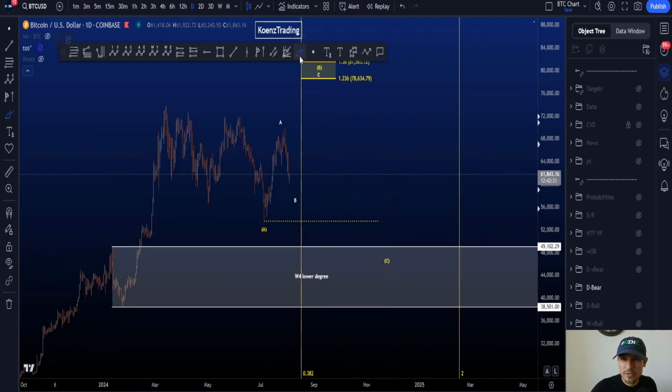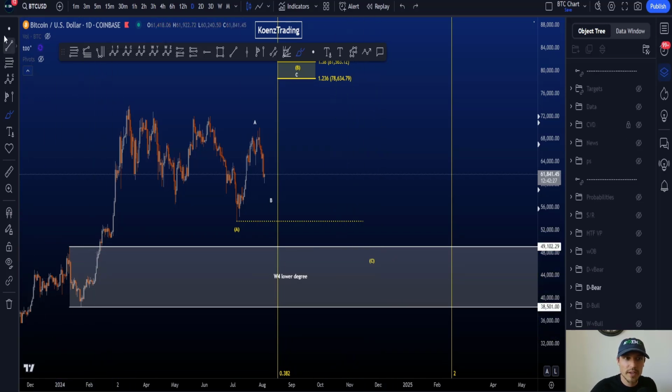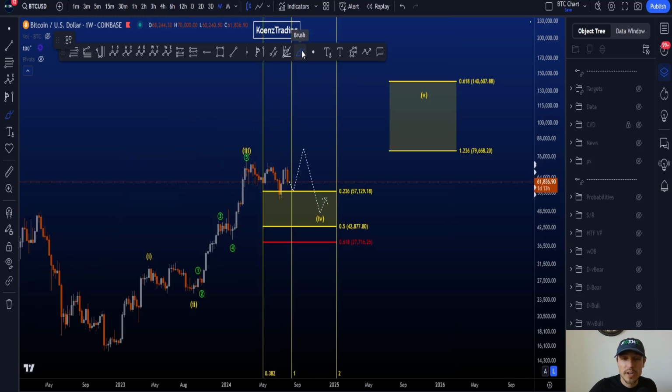But what is more interesting as a target for your wave C is this range over here, which on the weekly time frame is a wave 4 of a lower degree. I'll explain it in a second. But pretty much your target for C preferably is between 49.1k and 38.5k. So if we then go back to the weekly time frame again, then what I mean with the wave